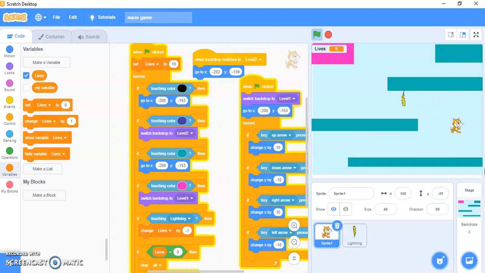And if I'm going to my destination, then yeah, again the cat has touched the lighting, so my game has stopped. So this is how you can add complexity to your maze game level and make it more complex and interesting, right? You can add more obstacles in your maze game.